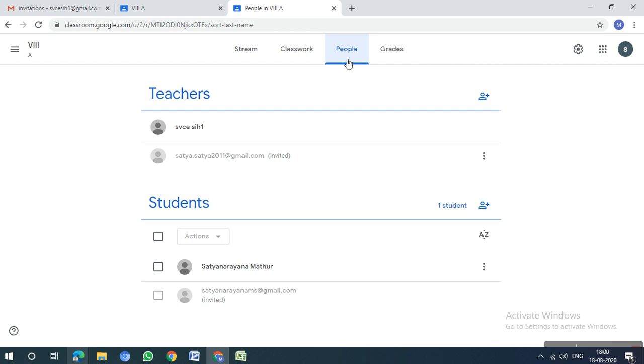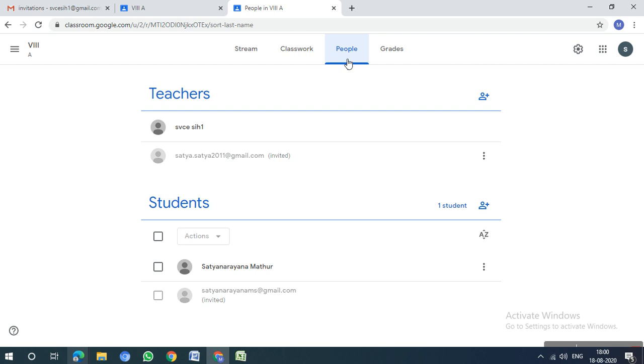Ma'am, what is happening here is we are not going to take the class from here. The class will be taken from Google Meet. This, Google Classroom, is only for documentation purposes. As Hemalata ma'am also asked, we are not going to take the classes in this. This is for documentation, assignments, quizzes, or whatever activity you want to perform. Class will be taken from Google Meet or GoToMeeting, whichever software is suggested by the management.